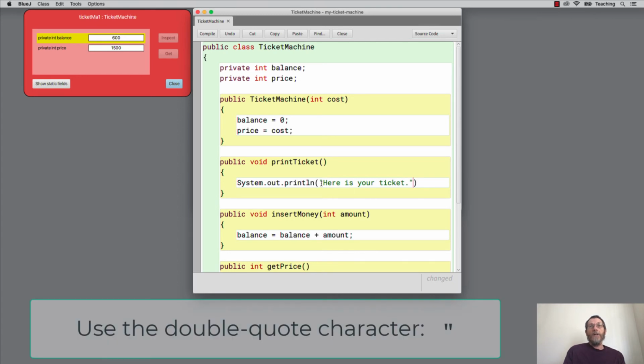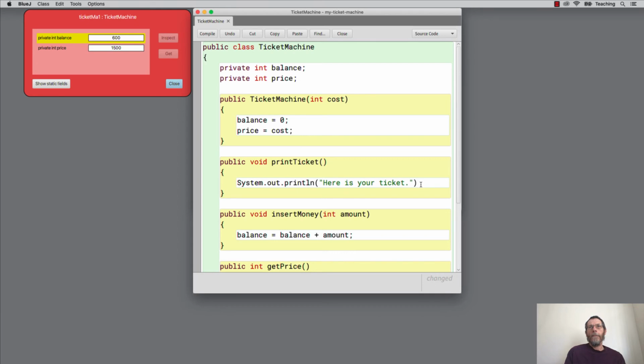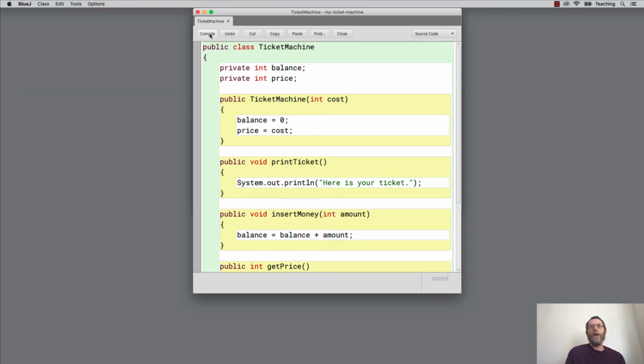Now notice that any string we want to print out is enclosed between a pair of double quote marks. Now be careful, a double quote mark is a single character on the keyboard. It's not two single quotes. So be careful, make sure you find on the keyboard the character that's got double quotes on it. And now I need to make sure that I put a semicolon on the end of my statement. And now I can compile,